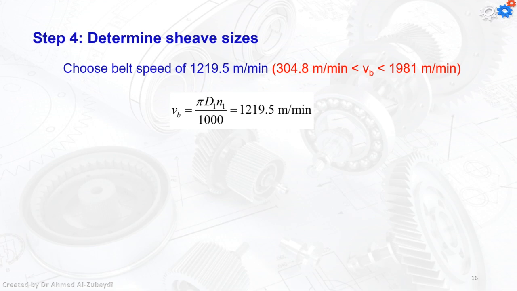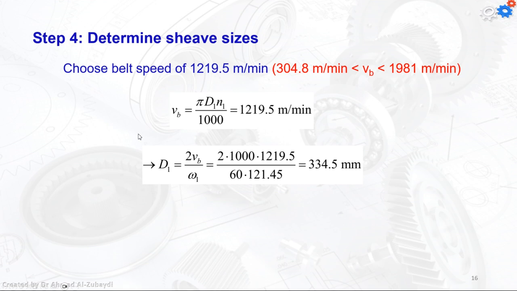So what's the point? The point is that the D1 is not known yet. I need to determine the sheave size. So I can rearrange this equation as follows, and then I'm going to find that the value for the diameter 1 is going to be 334.5 millimeters. Okay, now I know the speed reduction ratio, or the speed ratio, and then I can also calculate the output diameter, or the D2,